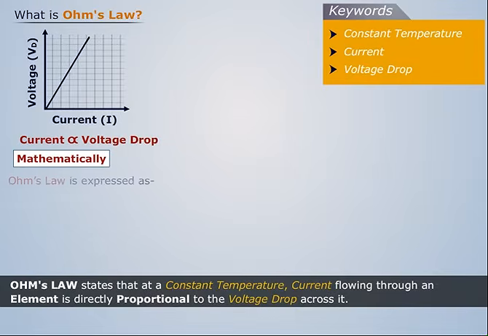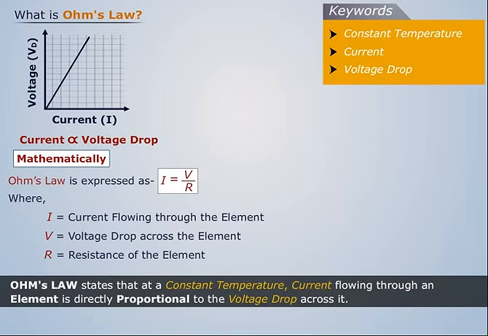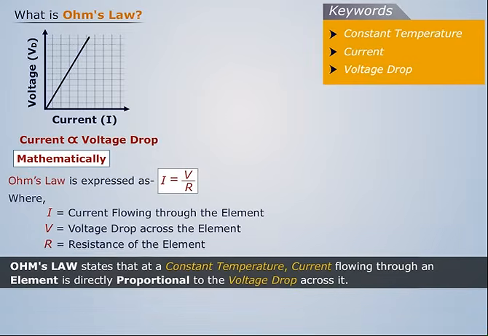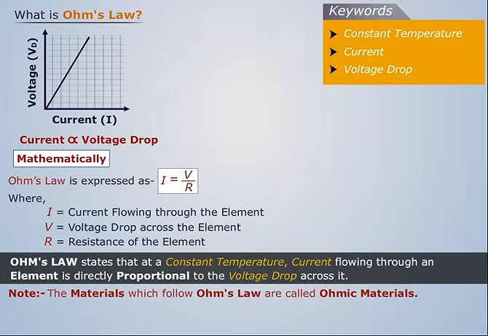Mathematically, Ohm's law is expressed as V = IR, where I is the current flowing through the element, V the voltage drop across the element, and R the resistance of the element. Note that the materials which follow Ohm's law are called ohmic material. The related term is